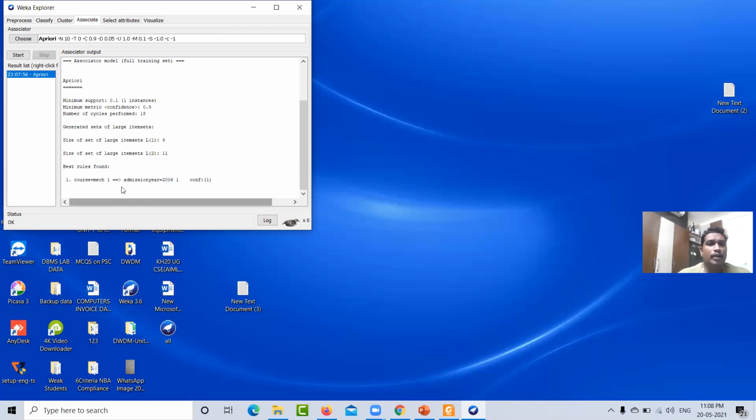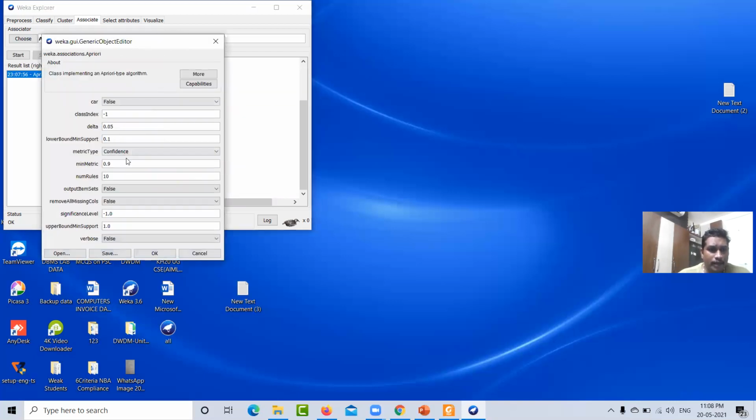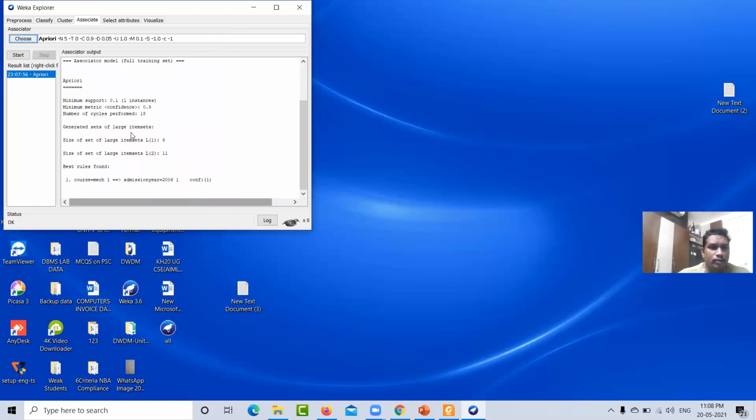The large item sets for the first relation are 9, and for the second are 11. Again, if you choose a particular value and change the rules, we are taking only 5 rules. Starting again, there is no change because we are using only 2 attributes.